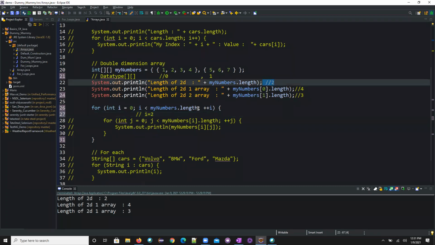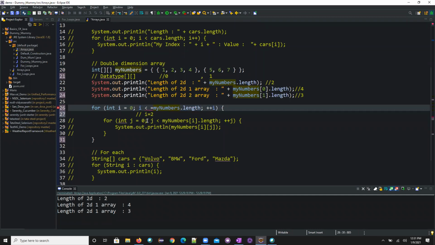It's 2. That numbers length is here. It starts from 0, and here I didn't give greater than or equal to. If I give greater than or equal to, how many times will the loop run?